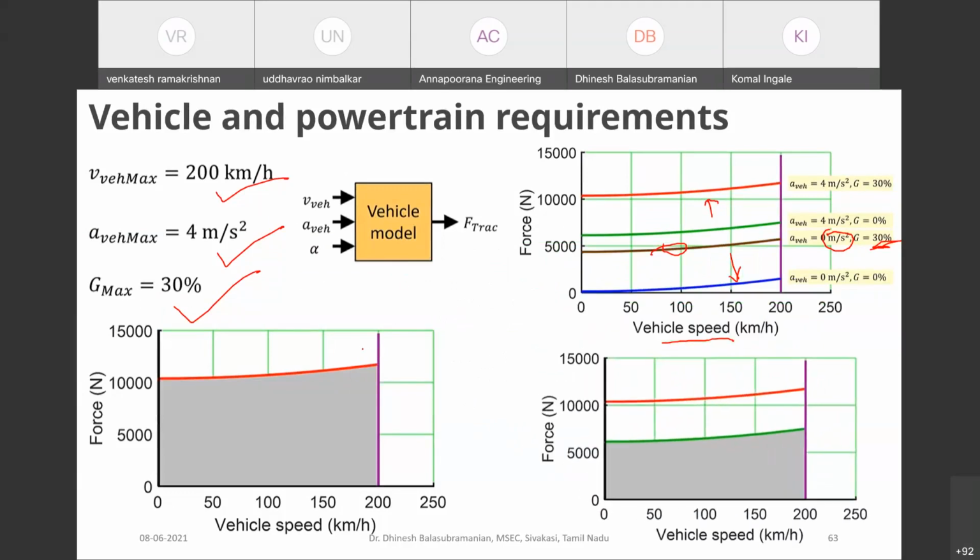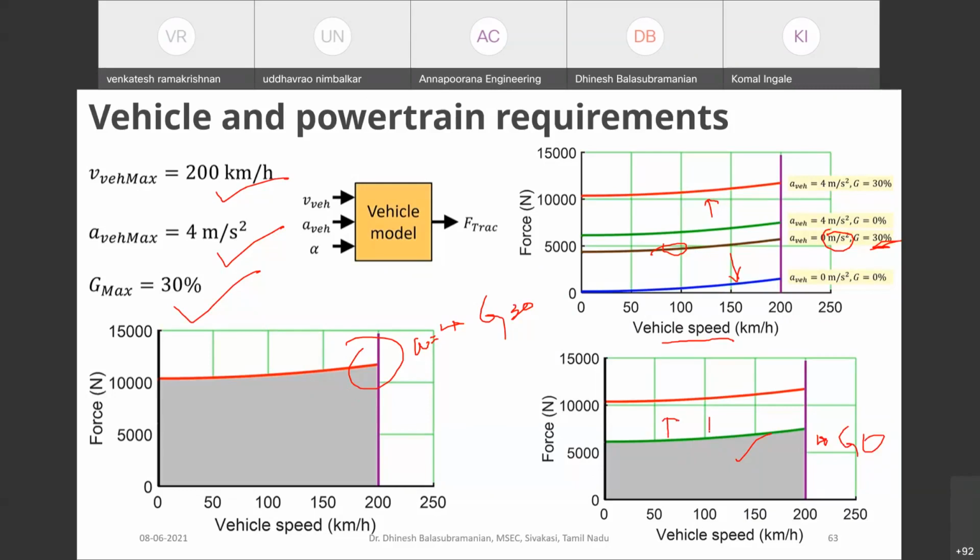So with this, you have to select your line. You can just choose this plot. So here you can achieve a maximum acceleration of 4 meter per second squared with a gradient of 30%, or you can have a minimal case over this. So this green color is the acceleration of 4 meter per second squared, whereas the gradient is 0. If the gradient is 0 and gradient is 30%, you can see there is a shift uphill over here.